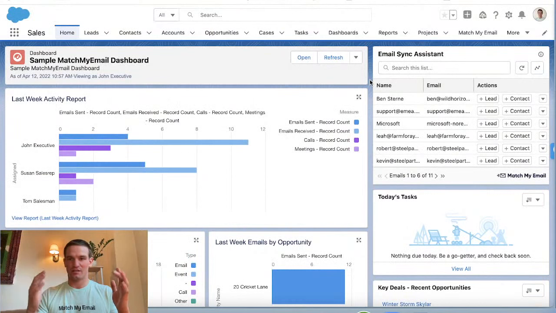And that's the gist of it. It's straightforward. It's very similar to really the name of our game and our brand. We want to make Salesforce a better CRM. It shouldn't be this intimidating tool that people are afraid to get into and understand. And so we're bringing everybody this email sync assistant. If you are an active customer of Match My